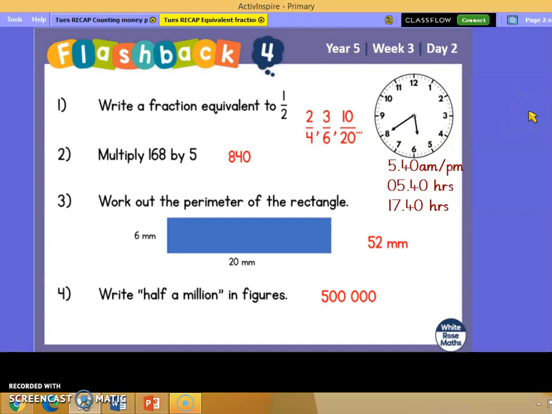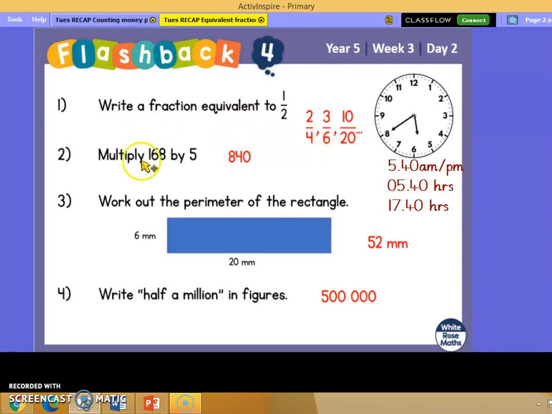Let's have a look at the answers to the Flashback 4. Write a fraction equivalent to 1/2. You could have had 2 quarters because the top number, the numerator, is half the denominator. You could have 3/6 because the numerator is half the denominator. You could have 10/20ths because the top number is half the bottom number, and so on. So long as in your fraction the top number, the numerator, is half of the bottom number, the denominator,